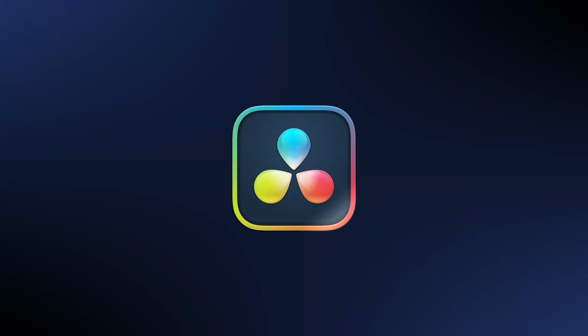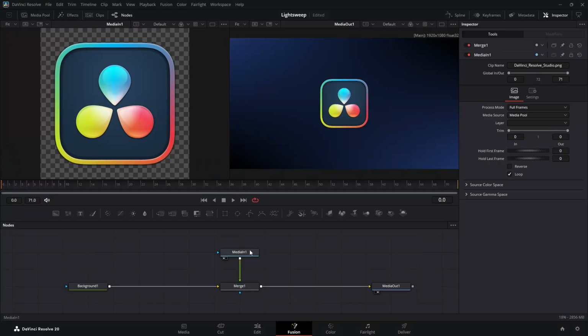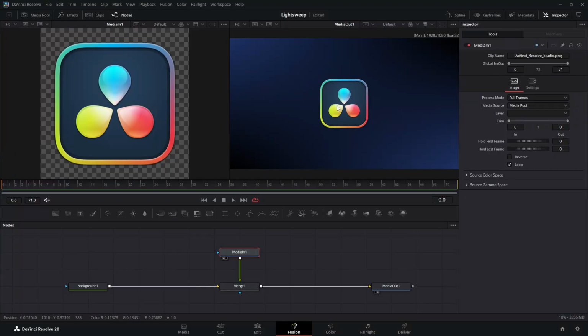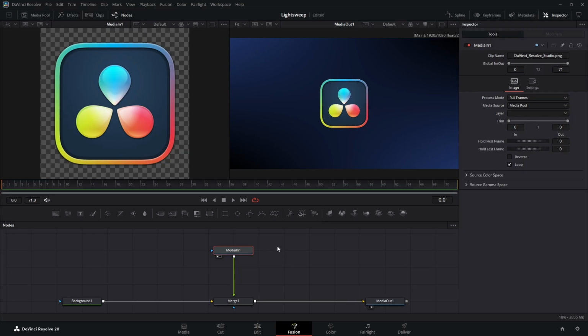So in this video I'm gonna show you two ways to create the light sweep effect or the logo shine effect. I'm here in Fusion, I have my media in, it's the logo I'm using right now. You can use it on text, you can use it on anything you like. The method you probably know is with a brightness and contrast node, so with the media in selected, just press